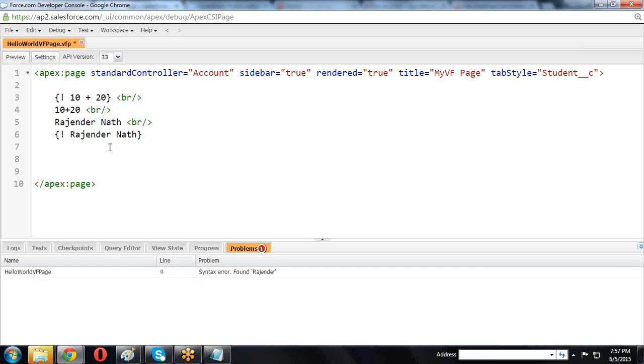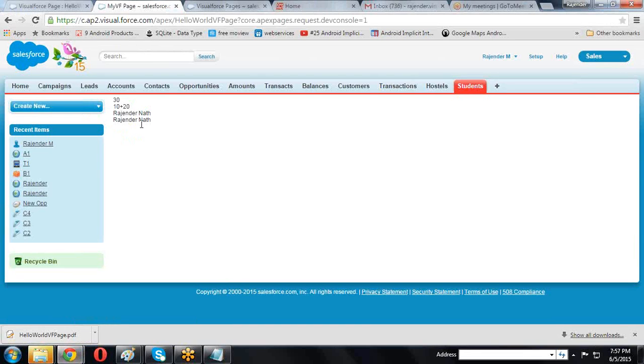The reason is that in the functions, we require quotes here. What is required? A single quote or a double quote is required. If I provide some quotes, there is no problem. It is executing. Whenever we are saving, automatically within the same page we can execute like this. Rajendra Nath is executing. Whenever we are writing the functions, it is executing.